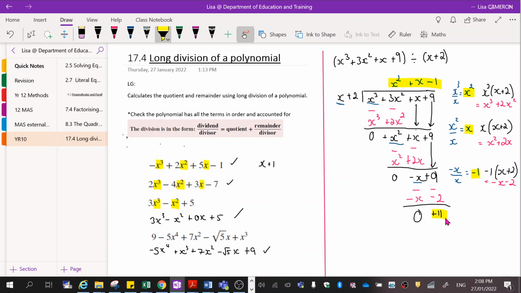This is our remainder. And we're actually finished this question now. We just normally would write remainder 11 at the top here. So if it asks you to state what they are, you would state quotient equals, and then you would state this up here, x squared plus x minus 1, remainder